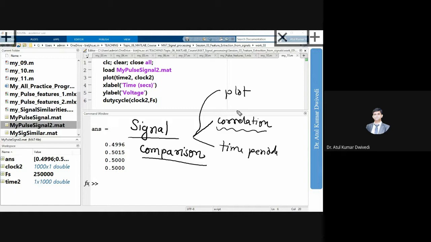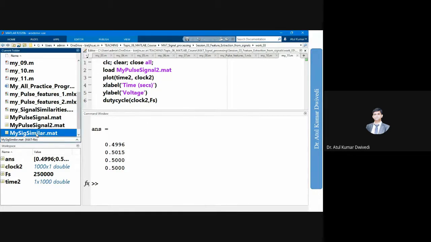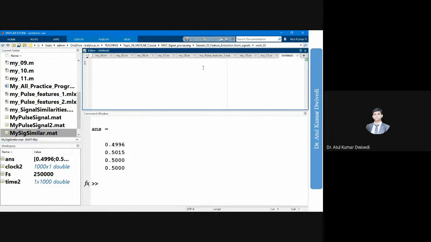Okay, so for the purpose of checking similarities, I will load data that might seem similar. In this data there are 3-4 signals, and we will do a little analysis on the comparison of signals, signal similarities. To load this data, I need to have one function. I will write load my sig